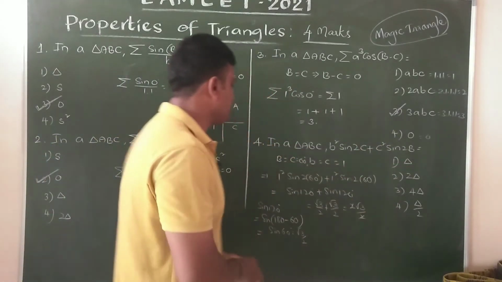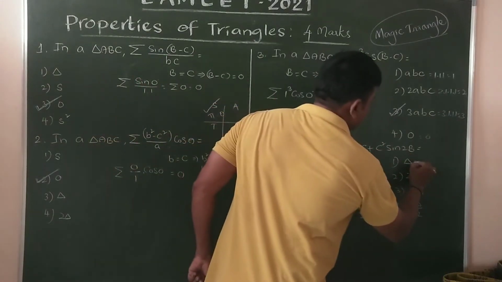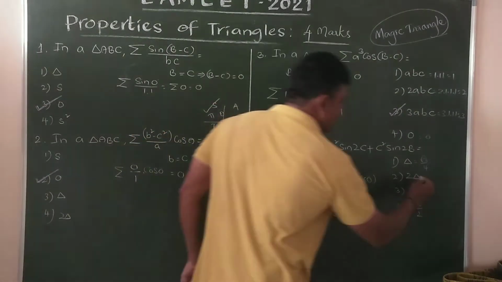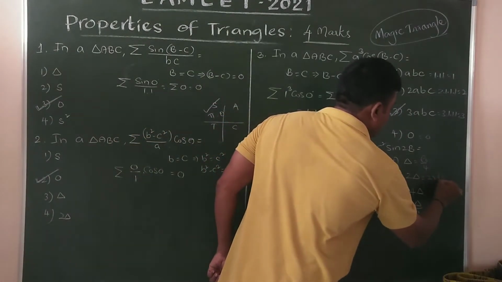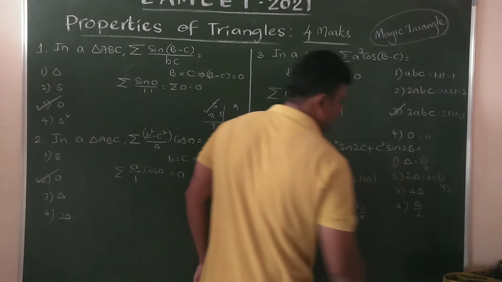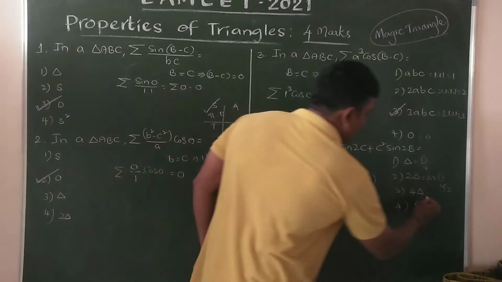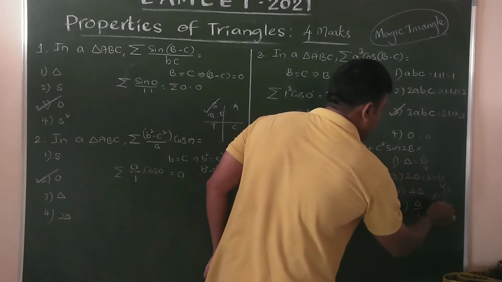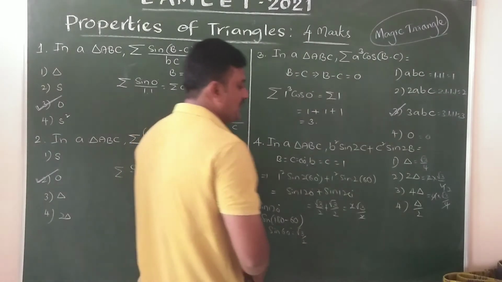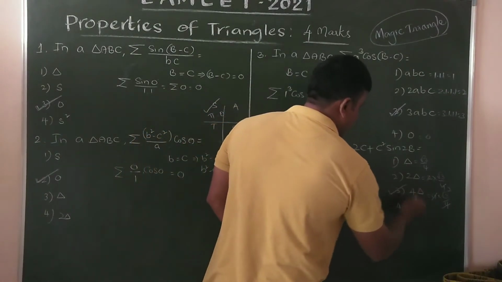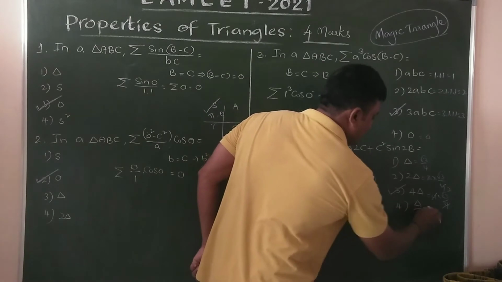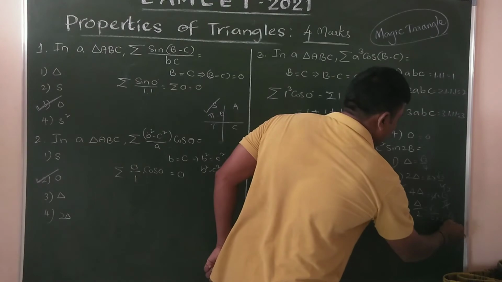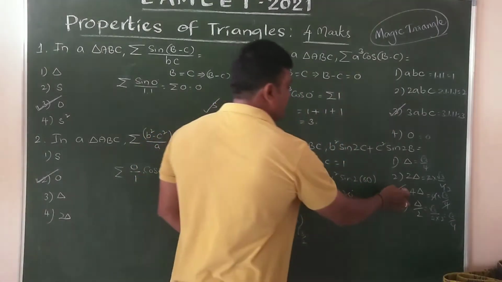But in the options for this problem, which one? We know delta equals what? Delta equals root 3 by 4, by the magic triangle. Then 2 delta equals root 3 by 4 into 2, that is root 3 by 2, not root 3. 4 delta equals 4 into root 3 by 4, then the 4 gets cancelled, so it is root 3. Now the option is definitely the third one. Let us check the fourth one, that is root 3 by 2 by 2, so that is root 3 by 4. Yes or no? So the option is the third one.